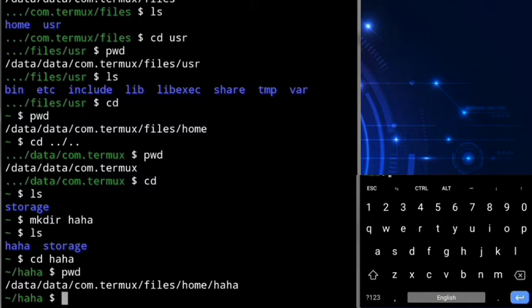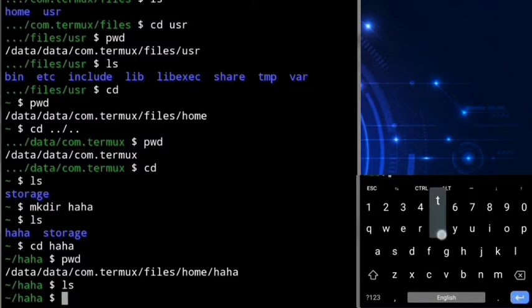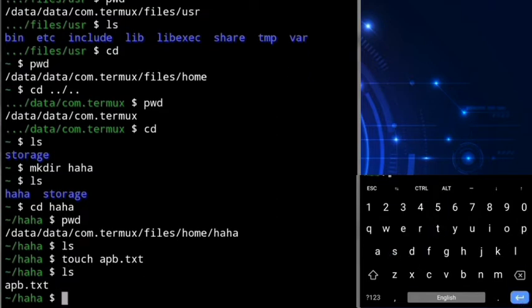Now how can you create a file? You can create files using touch command. Type touch and then file name. And I recommend you enter the file extension too. Like if you create a text file named apb, you should type touch apb.txt. txt is a text file extension, so it will be easier to identify which type of file it is and there will be less confusion. Now see, files are written in normal text color unlike directories that are in blue color. This is how you can create files by using touch command.